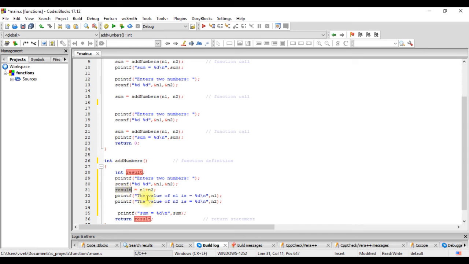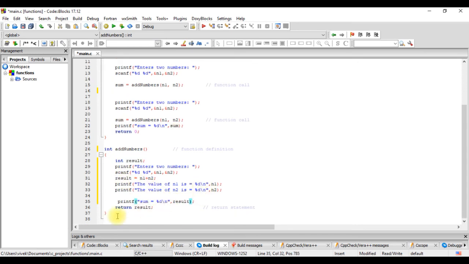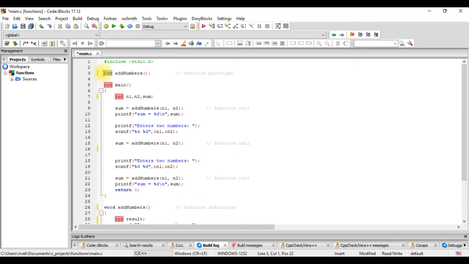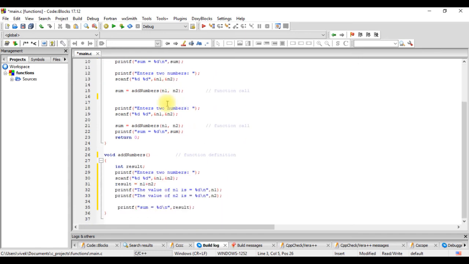What we have here is result, so we have to print the result, not the sum. Now we don't really need a return statement, so we'll just change the return type to void, which means we are not returning anything, and in the prototype also we'll change it to void. This tells the compiler that from this function we are not going to return anything.